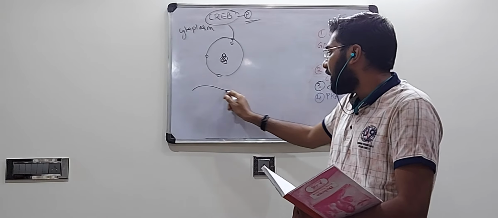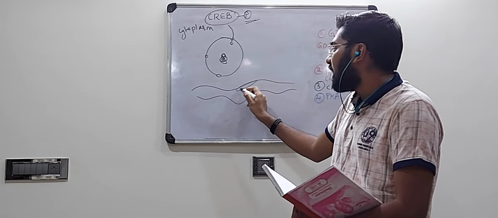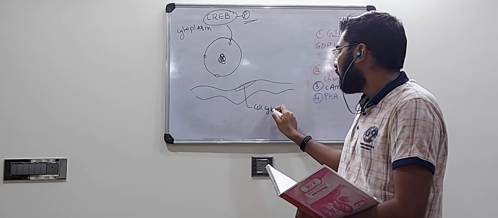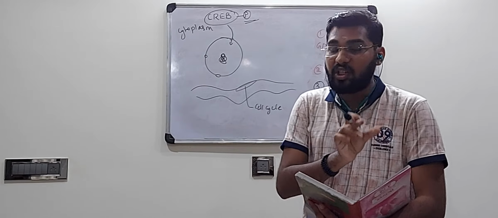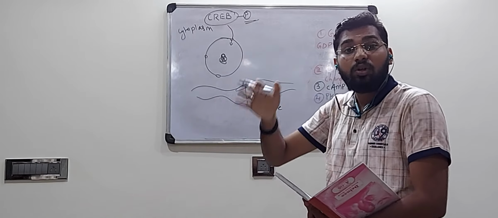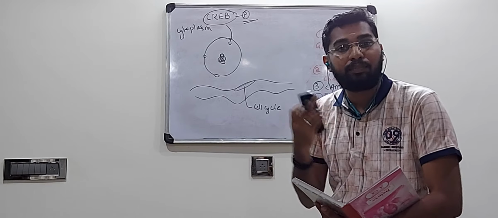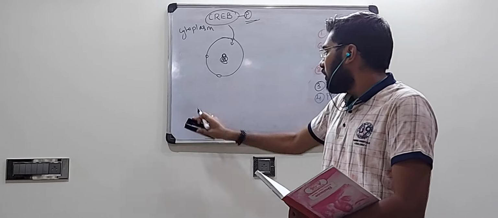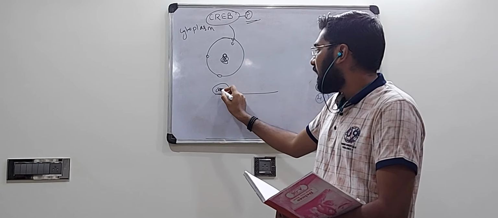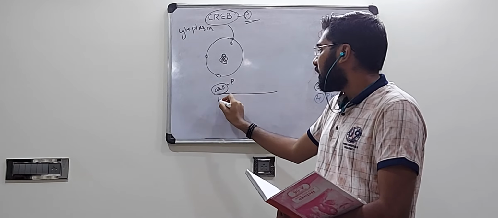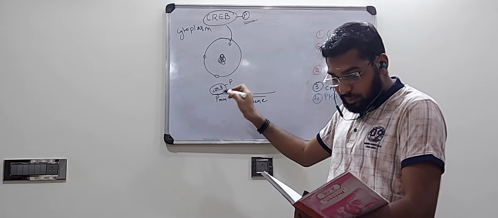Now, if I take a DNA, this is the double stranded form of DNA. There are certain genes that are involved in the cell cycle. Every gene has a promoter region. This CREB goes to the promoter region of the gene and activates the gene for the transcription process. So if this is the gene, CREB along with phosphate comes and binds in the promoter region. This is the promoter region and this is the actual gene region.